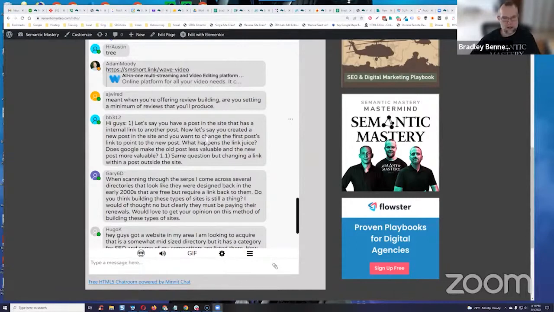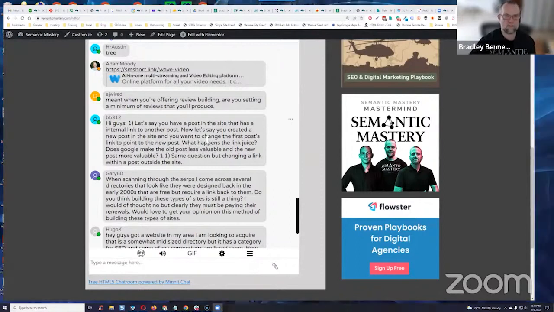So it's not that Google makes one page less valuable than the other. It's what you tell Google should be the most valuable page. So if in a page or a post, you're linking to a blog post, and you then end up creating, drafting, and publishing a new and better post about the same topic, or the same kind of keyword, or whatever topic generally. Let's say you just publish a better version of that, right?